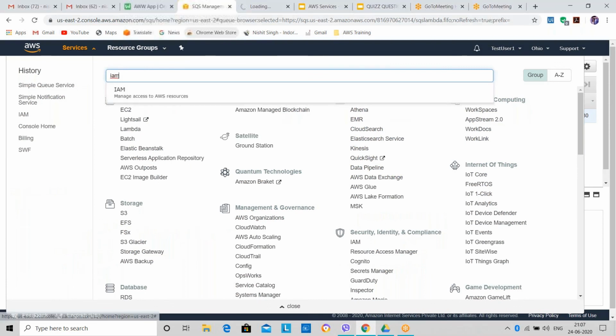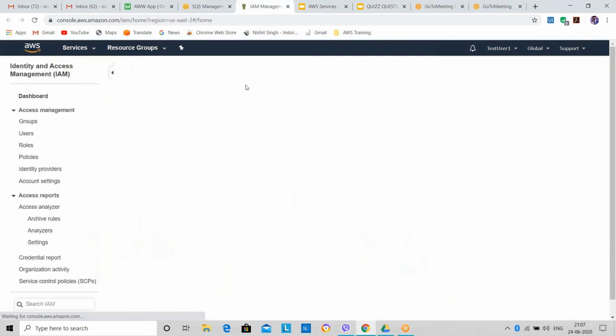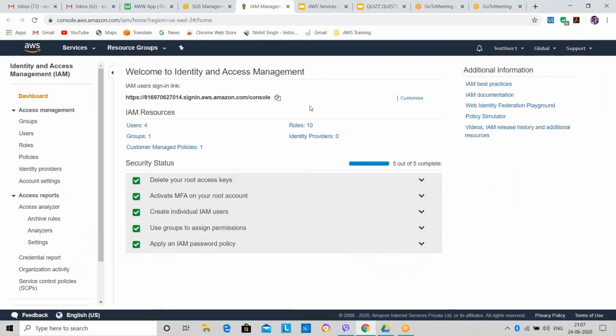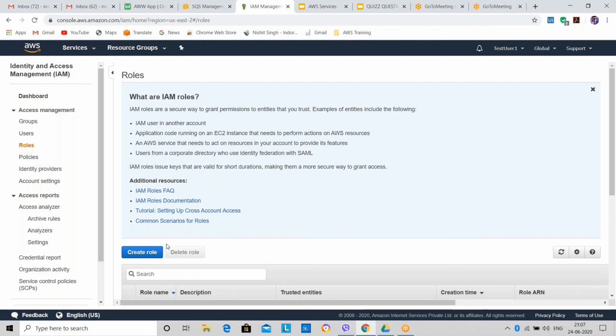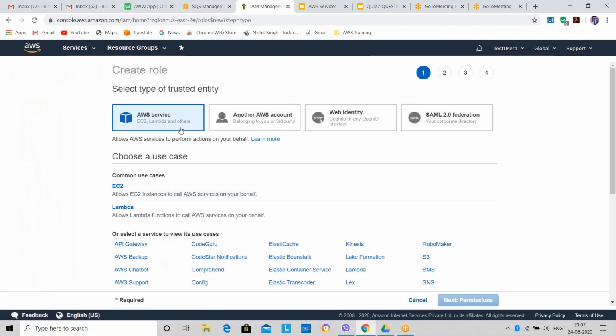Because for using each and everything, you should have an IAM role with you. Okay, so let me go to roles. I have to create a role. So what am I using? I am using a